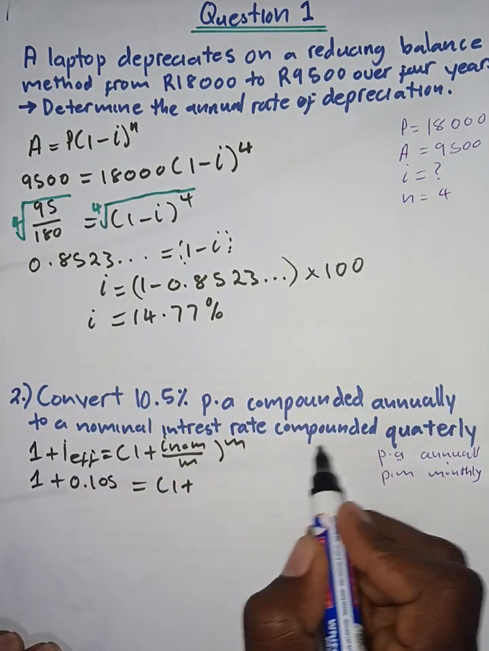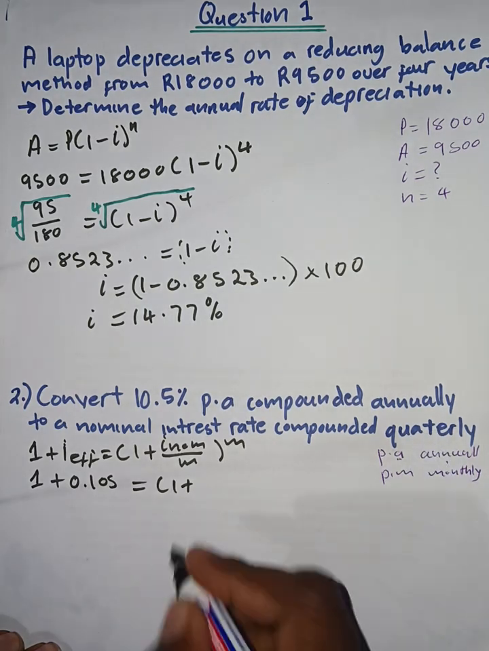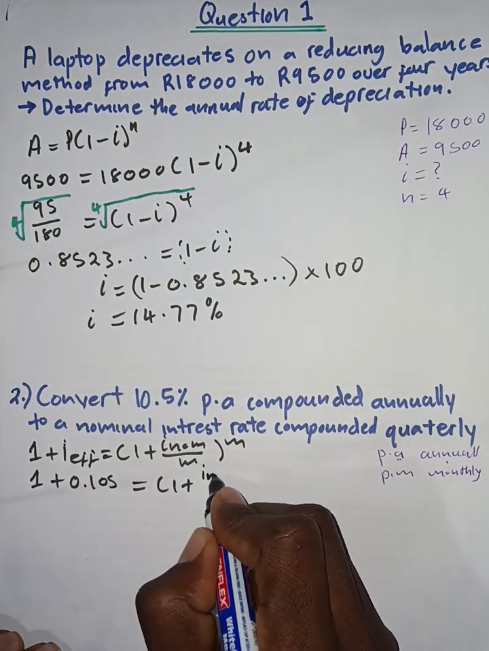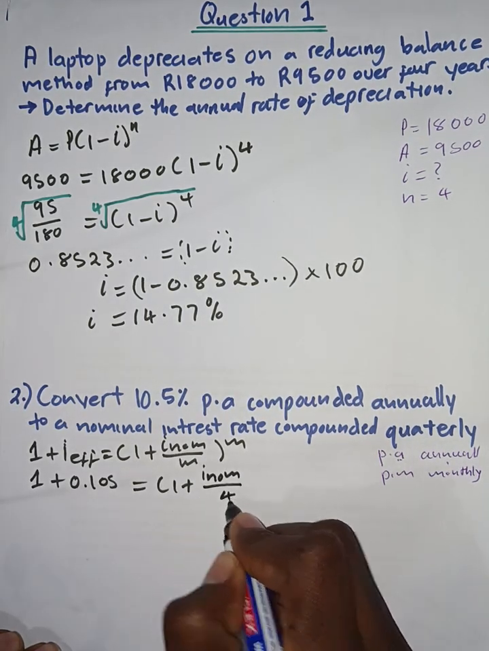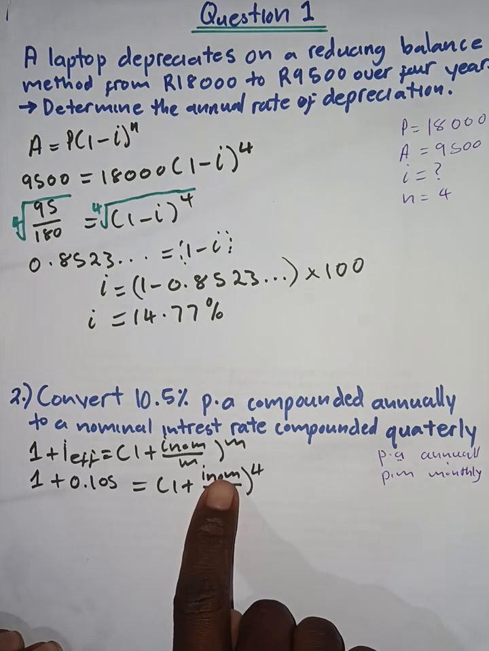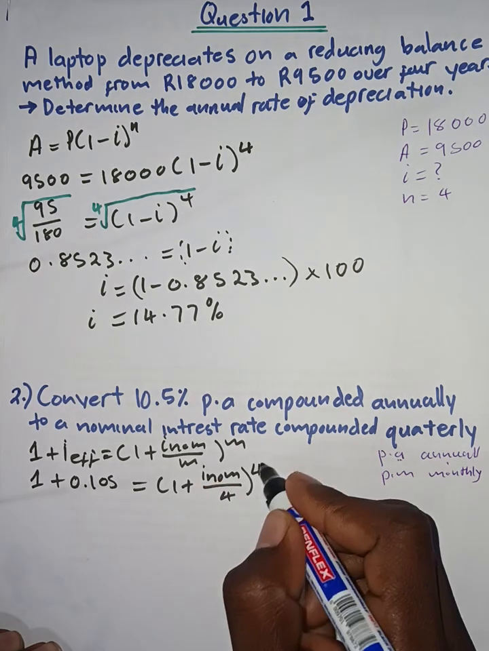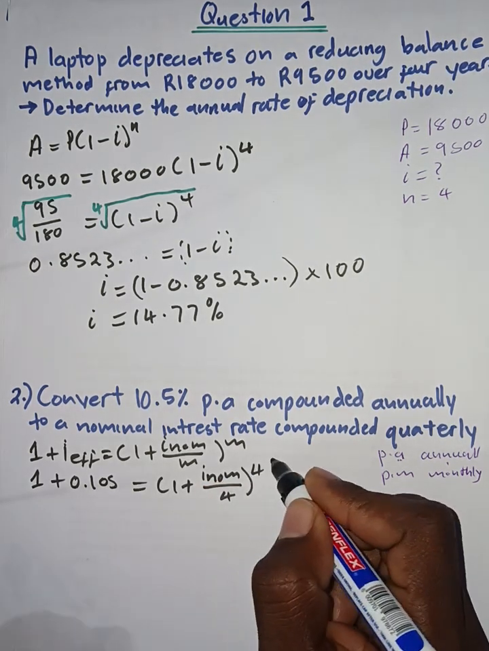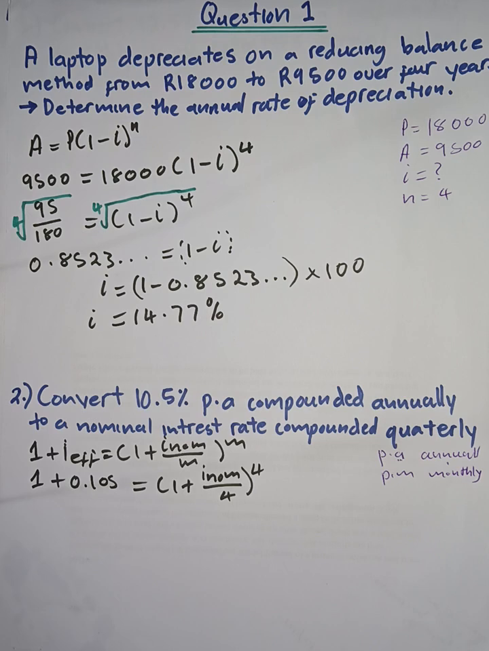So we are converting it to compounded quarterly, which means that i norm would be divided by 4, because we have 4 quarters in a year, and that would be for 1 year. Now, of course, we are looking for i norm, so what you would do in this case is get rid of that 4th root. If you take the 4th root on both sides, you would get